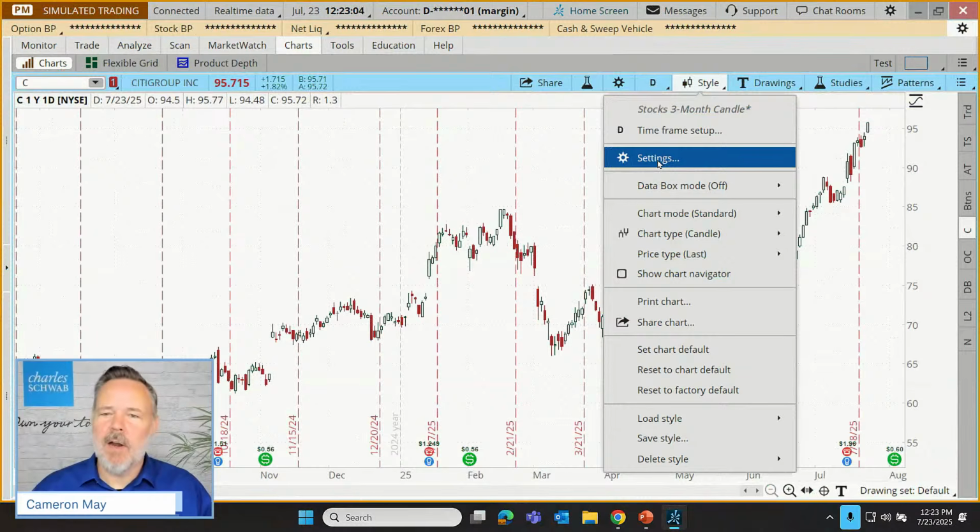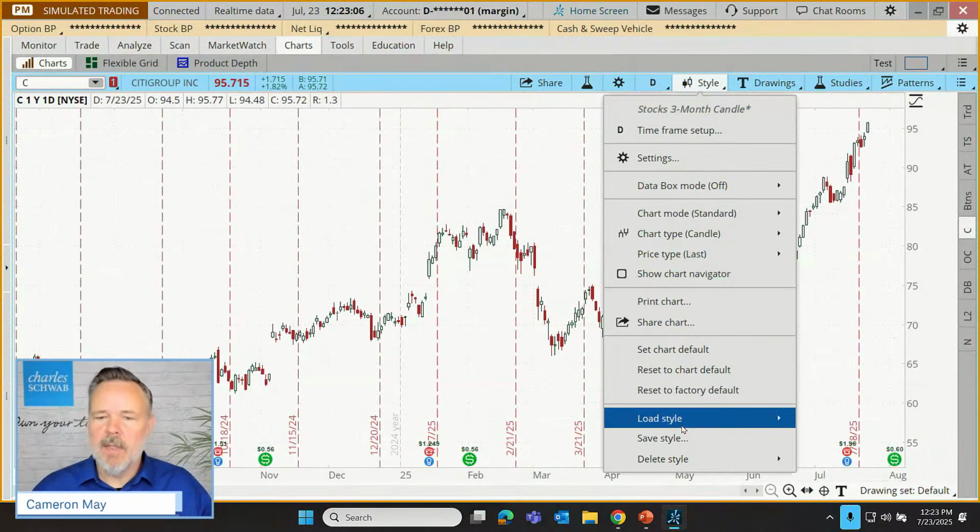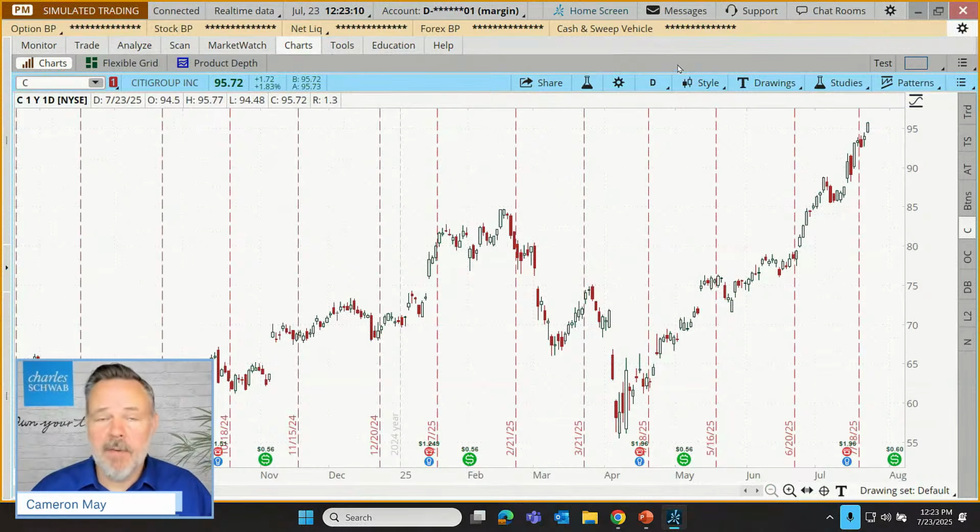We have access to our other tools through this menu. I'll let you explore that menu. I'd love to show every single function, every single feature on a chart, but I want to make sure that we touch on maybe some of those that, at least in my experience, have been among the most commonly used. And also guiding that are some of the most common questions that I get.